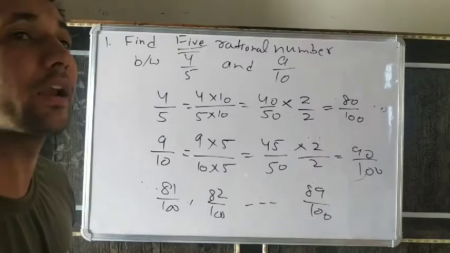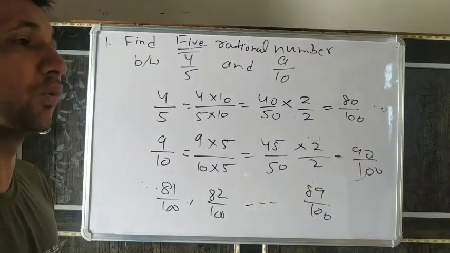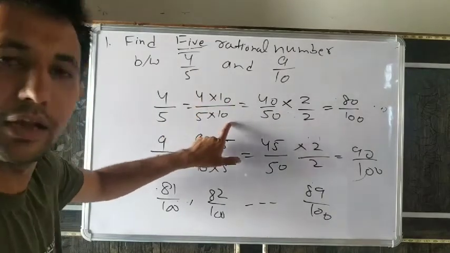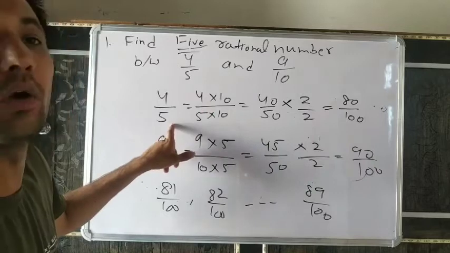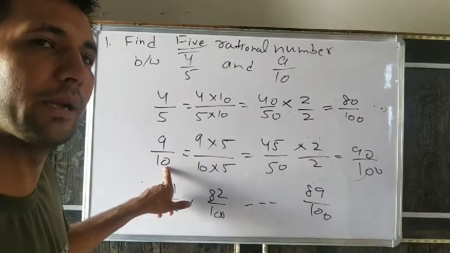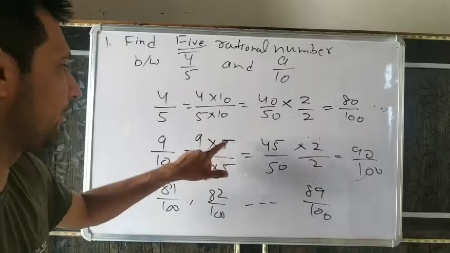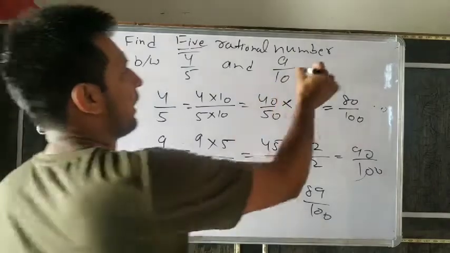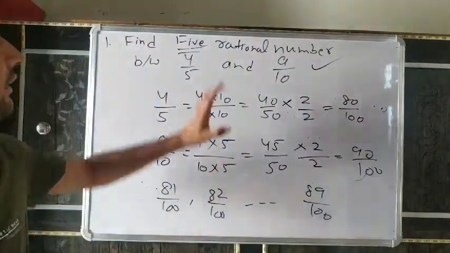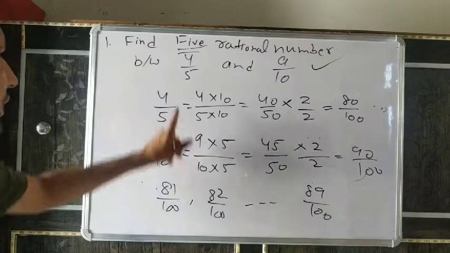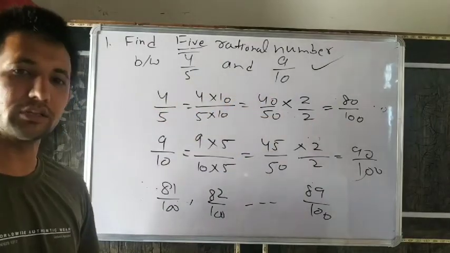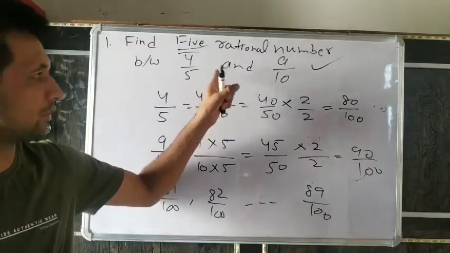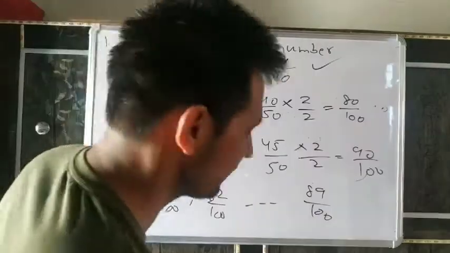Like this, we can write infinite numbers. If you want to write 10 numbers, you can multiply here: in place of 10, 100. Here also 100. 100 into 5, 500. So what number do you multiply by 10 to become 550? Multiply 50, multiply 50. It's very simple. So always, whenever we want to find rational numbers between any two numbers, first we will make the denominator the same. Understand? So try again the first exercise based on this. Understand? Next.